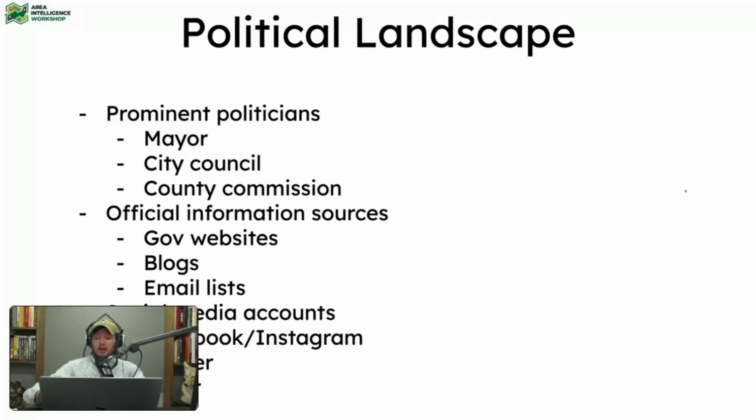Next, once I've identified all these governmental bodies and offices, we've got to look at official information sources. So that includes looking up these government websites. How do they put out information? Do they have blogs or a public affairs office or a public information office? If they're going to publish some official information, how do they do it? Some of these places may have an email list. You should get on that. Some may have text, SMS lists. Maybe you should get on that as well to get the official email, because when there is an emergency, I want to pay attention to whatever official information they're putting out.